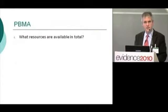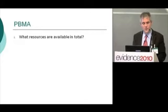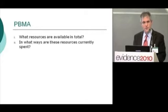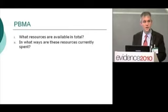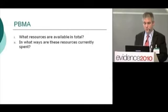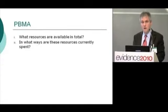And it asks a series of questions. First of all, the first two are in relation to the program budgeting. So the first question to ask is what resources are available in total. So you need to know the starting point of how much you have to spend on new therapies or services or healthcare programs, and to identify the ways that these resources are currently being spent. So that's the PB component of PBMA. The second component is the marginal analysis,